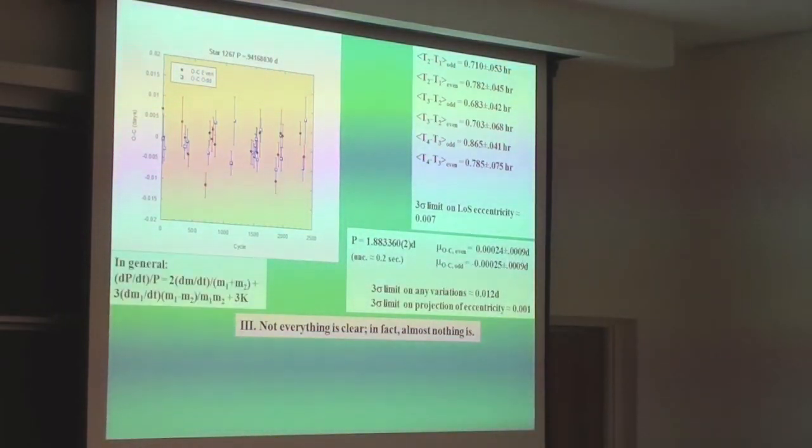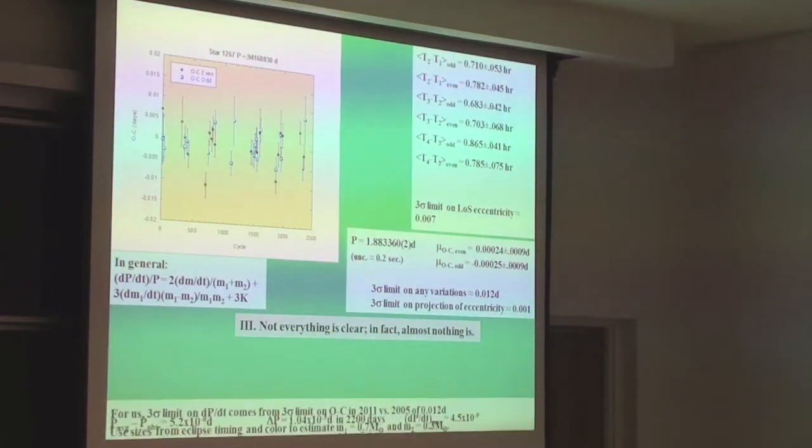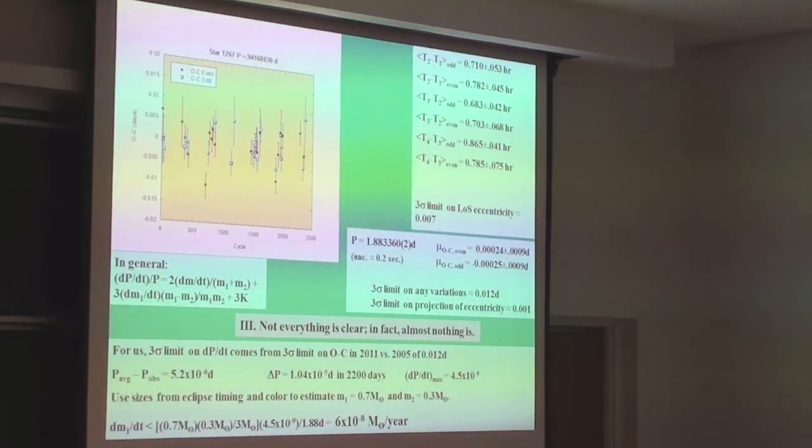We go in and say, is there a trend from one end to the other? If the period's changing in one direction, most likely, not necessarily, that comes from mass transfer. And we put limits on how fast mass is being transferred from one of these things to the other. And for this particular star, we could put an upper limit on what the mass transfer rate would have to be,